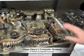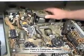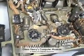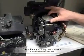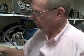Gun sight controller from a B-29 bomber. It's got relays, it's got tubes, it's got gears, it's got everything. All of these things here are World War II devices, and they compute things that are very hard to compute, but they compute them analog using gears and motors, because that's how computers work. But these things are computing, for example,